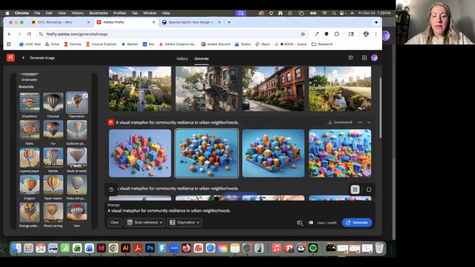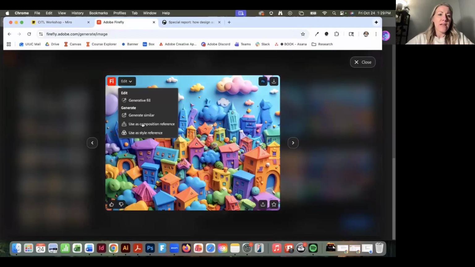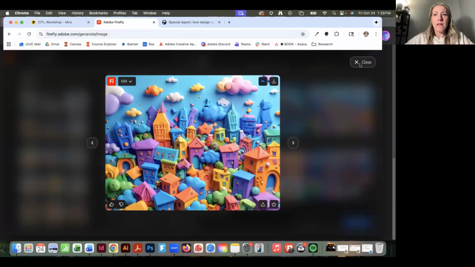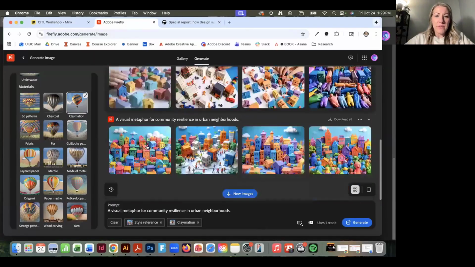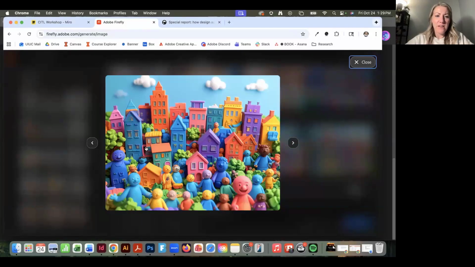So that did work. Just to recap, I went in here, I said, oh, I love that. I pressed edit, and then I said, use the style reference. And then all I did was generate again. And then I got some really awesome things. I am loving how fun these feel. Now listen, is it